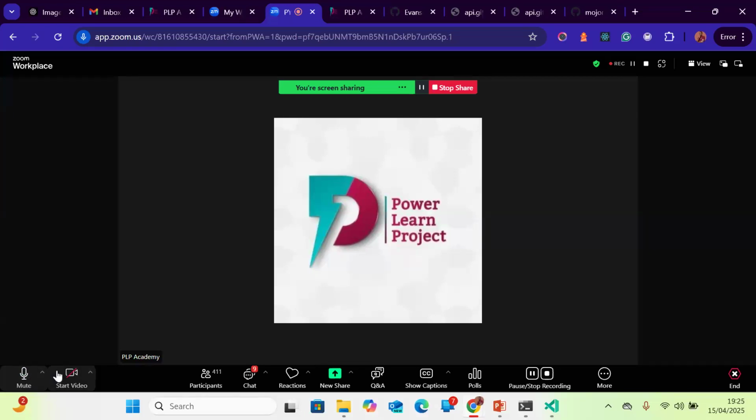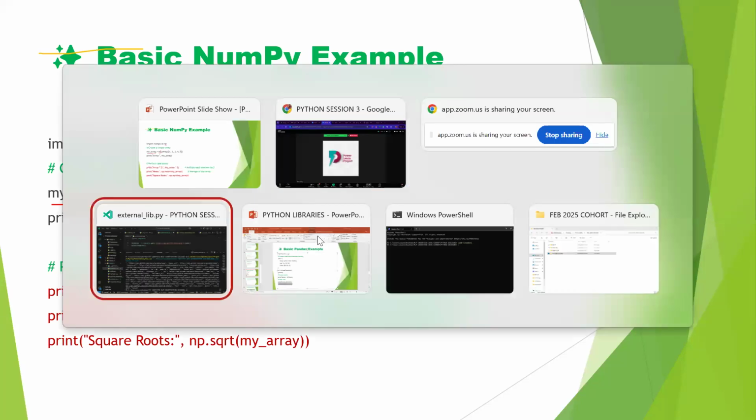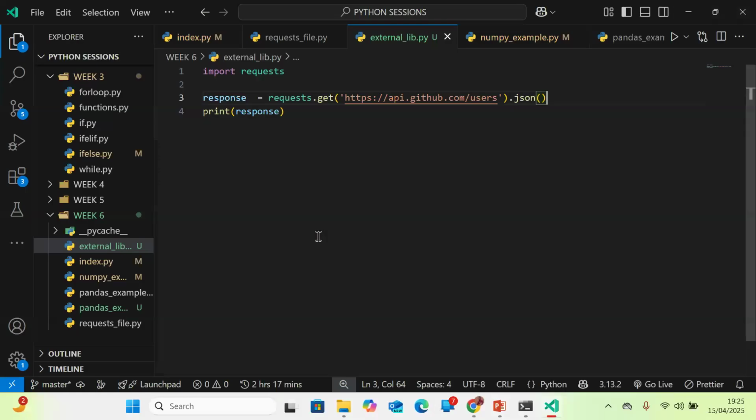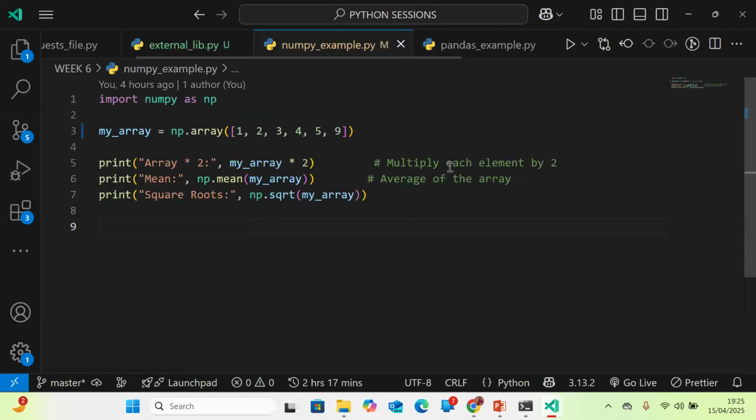Okay, so let's continue and try some few examples right here. It's only the simplest example that we can get. So we are going to see our code and explain these examples right here. So in this code right here, remember